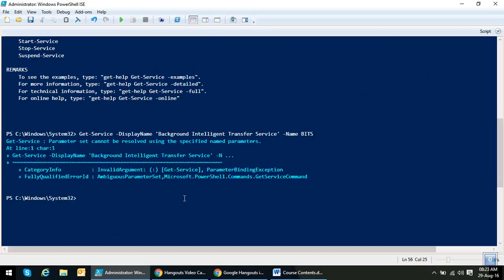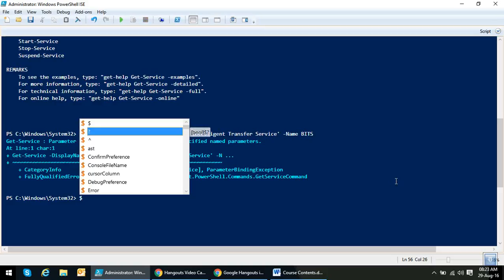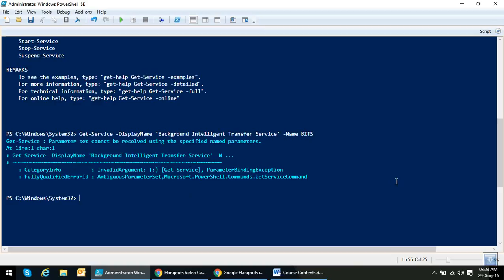Okay, let's try to create a service controller object. So in PowerShell, if you have to create any object, you have to create it by storing it in a variable. So I will create a variable in PowerShell. In order to create a variable, you can use the $ sign and give it a name. So here I will say app services. First see what will be the result of that command. When I say Get-Service,